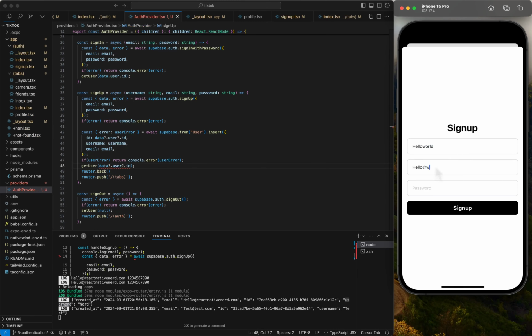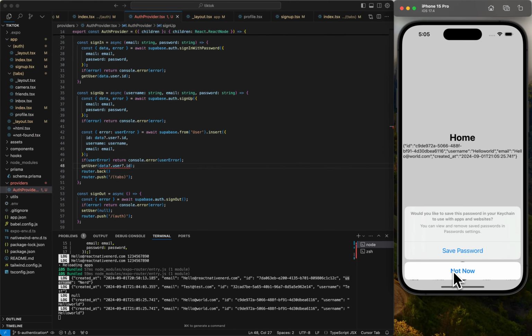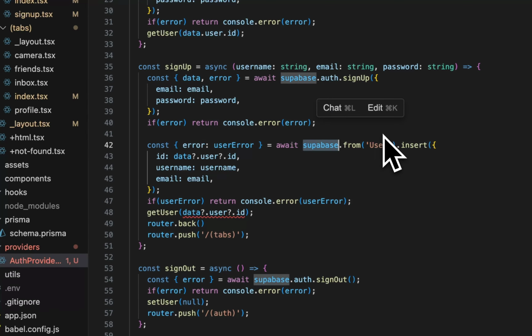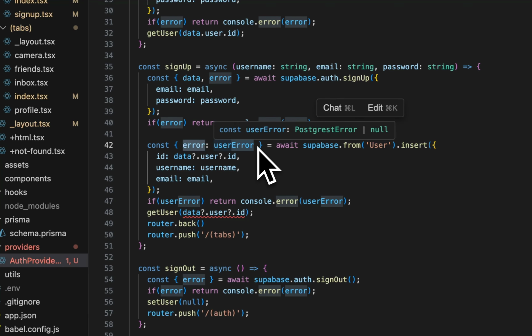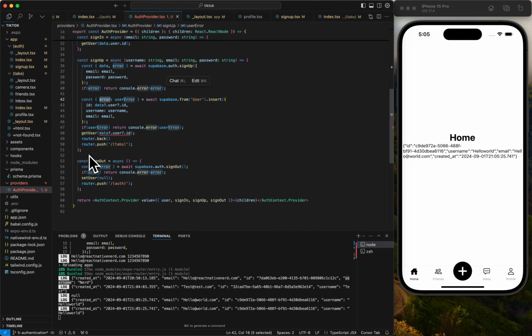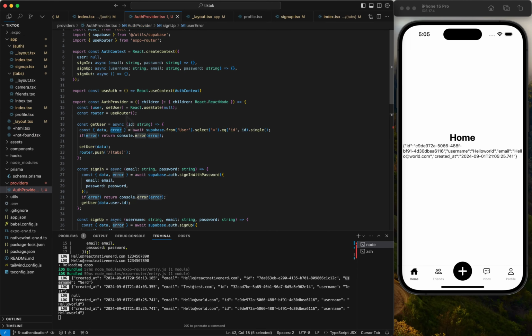Hello at world.com. And then there we go. Okay, so that's what it was. This Supabase insert doesn't return the data object that we were expecting, so we're just calling get user again. I think this is a setting that we could change in this query to return it once you insert it as well. But for the time being, we got sign out, sign up, sign in working in our Auth Provider